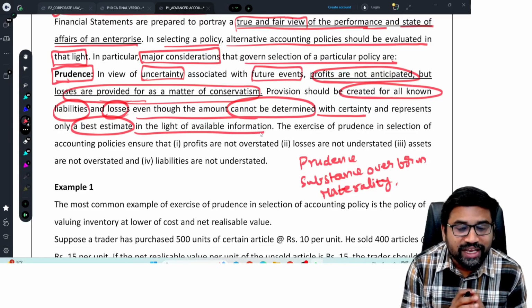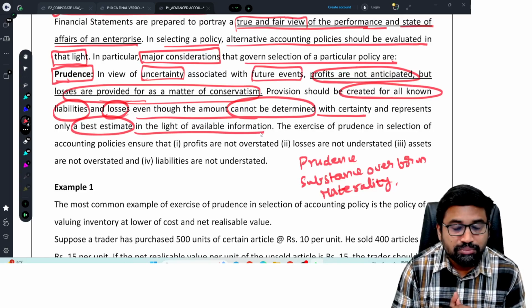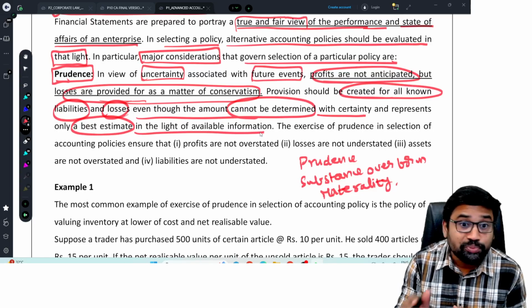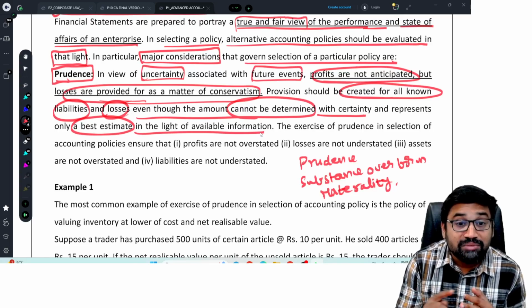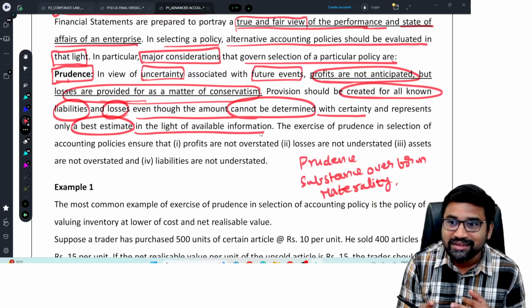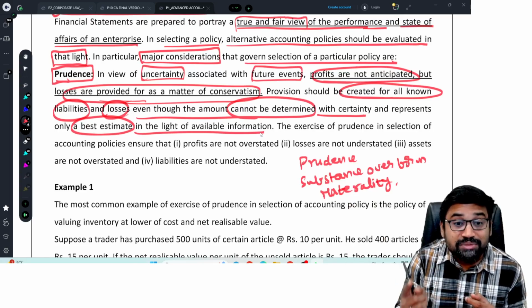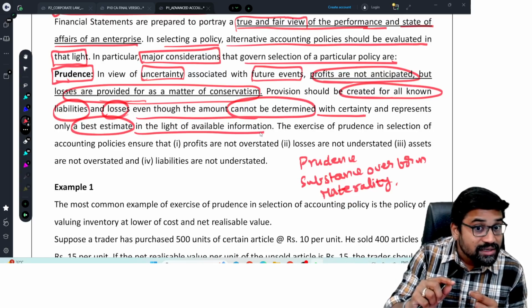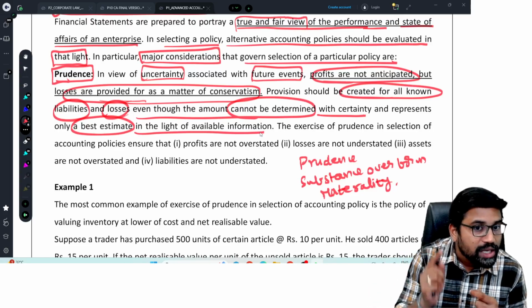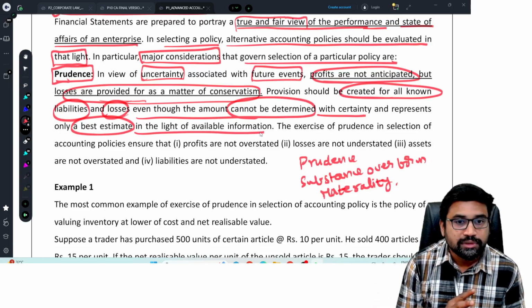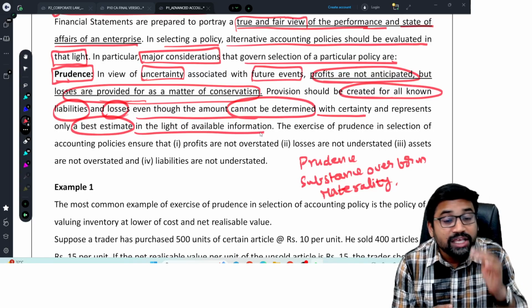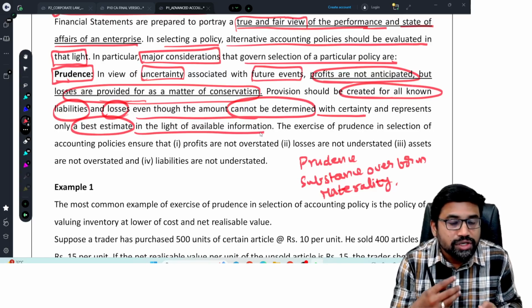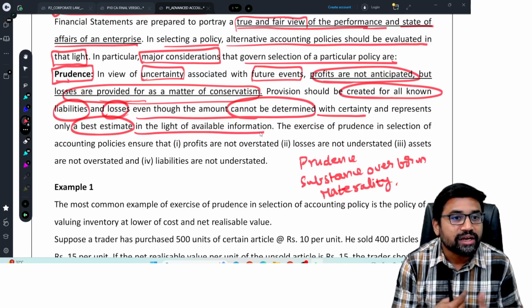Entire Accounting Standard 29, sir. 29 is the classic example, because Accounting Standard 29 talks about provisions. Now what they are saying is that a provision is a liability which can be measured with a substantial degree of estimation. That means a liability with an estimation is a provision. So the prudence concept supports estimation, but only in respect of liabilities and losses. So you create a provision for loss, or a provision for liabilities, even though you don't know the amount. Of course, you can estimate it and recognize it in the books.